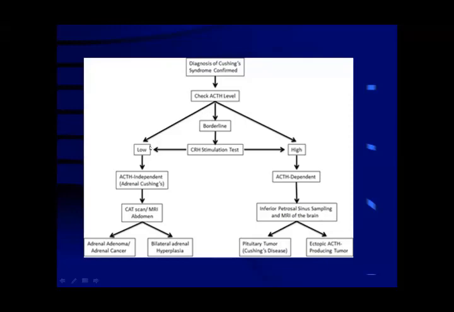But if ACTH is low, it means that it is ACTH independent. This is adrenal Cushing. It means cortisol is being produced by the adrenal gland in excessive amount, so that when it becomes excessive, the ACTH level becomes low. But on the other hand, if ACTH is high, it means that it is ACTH dependent, dependent upon the pituitary gland. But if its level is low, it means this is independent, and its value is dependent upon the adrenal gland. Adrenal is making more cortisol.